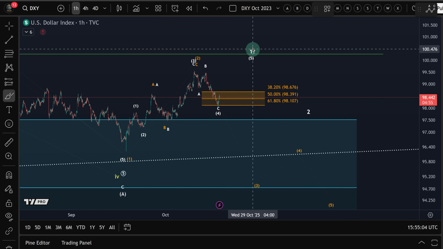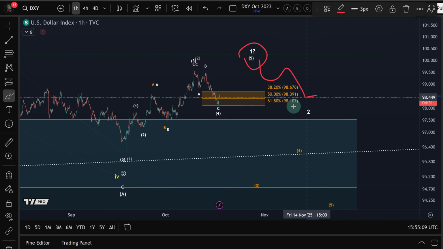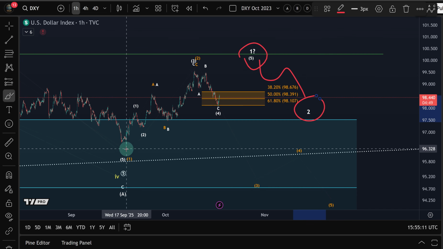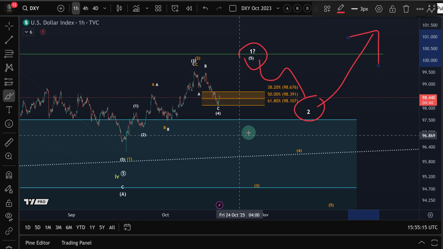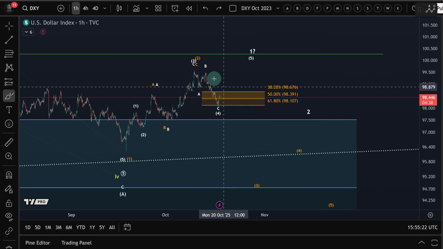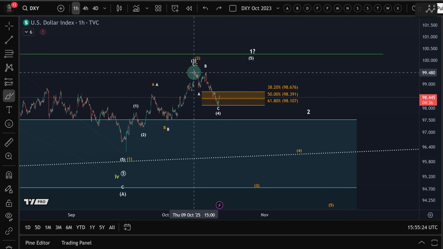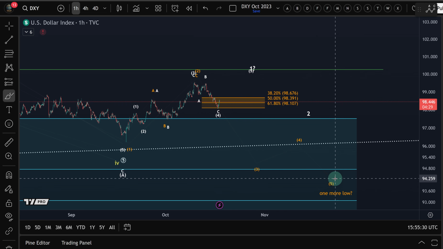I would need to see for confirmation that we have bottomed 5 waves up, as I just showed you, in wave 1. Then I need to see a corrective pullback that holds a higher low above the September low. And then from there, a 3rd wave rally to the upside can unfold. Please note that at this point, the decline that we have seen from the October high could be part of the orange scenario and can take us lower for one more low. One more low is absolutely not a problem, wouldn't change a thing.